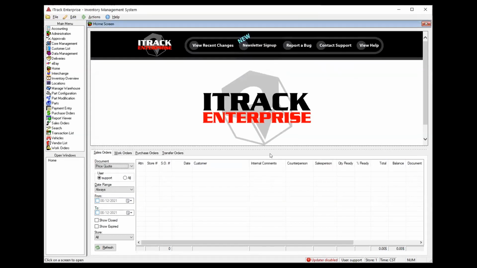It won't close ITrack. It won't close any of their open documents or unsaved work. It'll just gray everything out and pop up the login dialog and says, you know, the person who is logged in needs to type in their password. So it's just kind of like if you use the Windows lock my account feature, where you don't lose your session, but it's currently locked from anyone using it